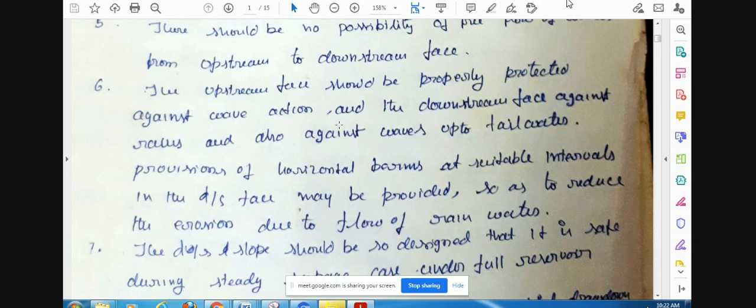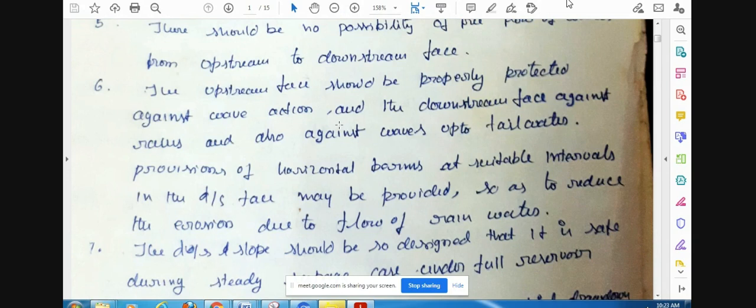Okay, so what is a berm? Say, for example, if a water particle falls on the top of the dam on the downstream face, and let us say the downstream face is, for example, 25 meters. If it falls on the top, it travels 25 meters to reach the bottom of the dam. By rolling down, it attains some kinetic energy, and the velocity also will be more.